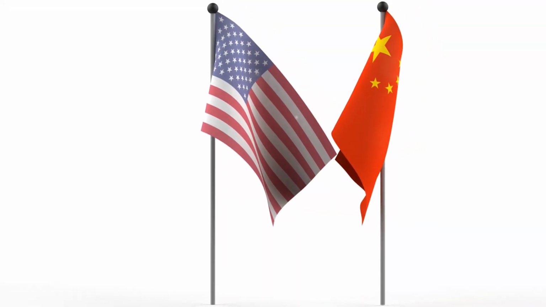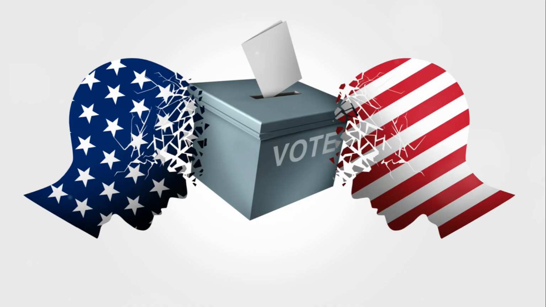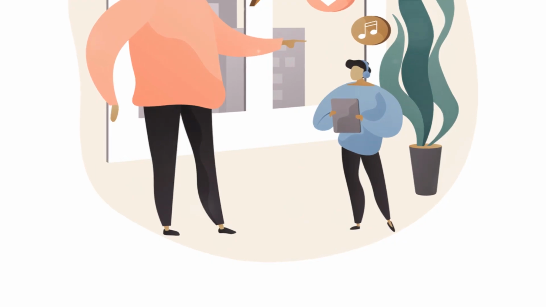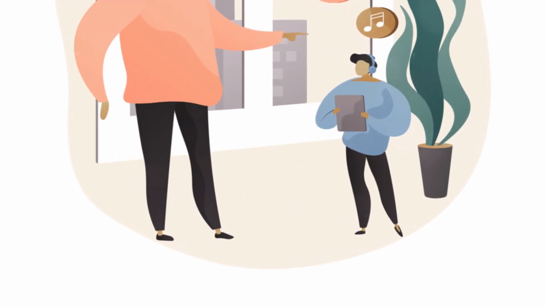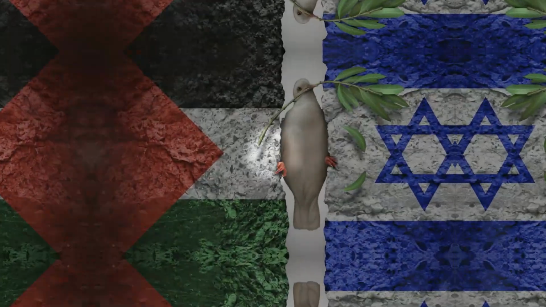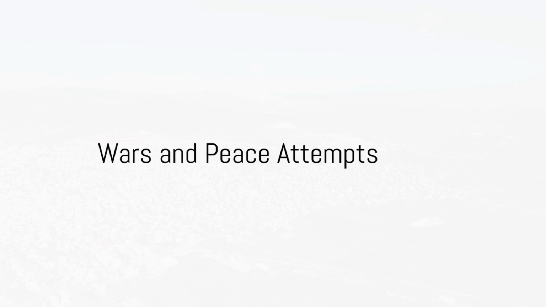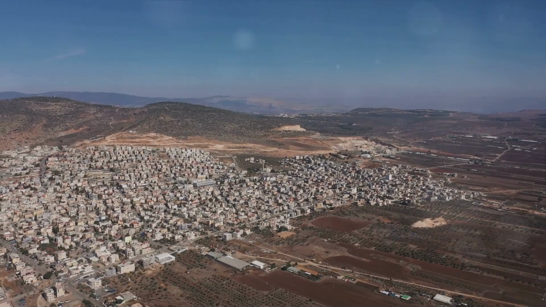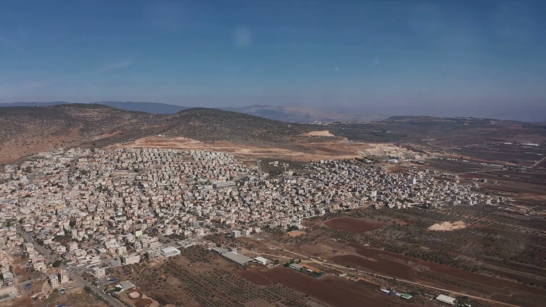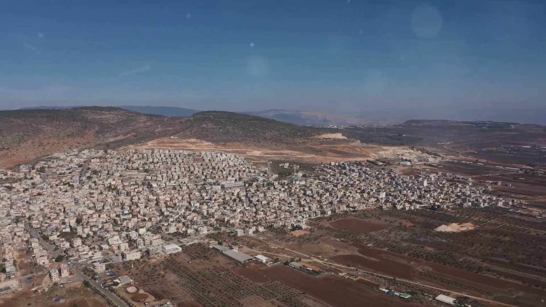This war was the first of many in the Arab-Israeli conflict, a cycle of conflict that has persisted for over 7 decades. It marked the beginning of a complex and deeply rooted struggle, the echoes of which can still be heard today. The following decades saw a series of wars and attempts at peace. The Suez Crisis of 1956 was a pivotal moment, marking the first major military operation by Israel.